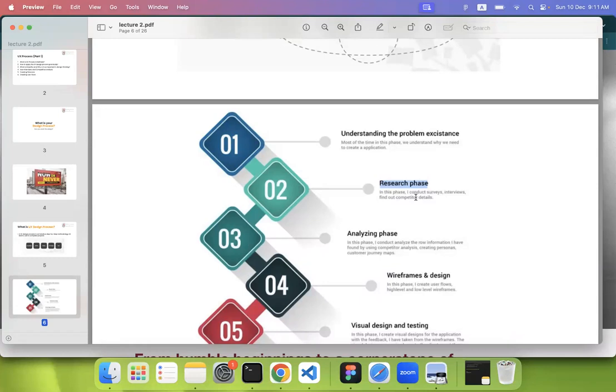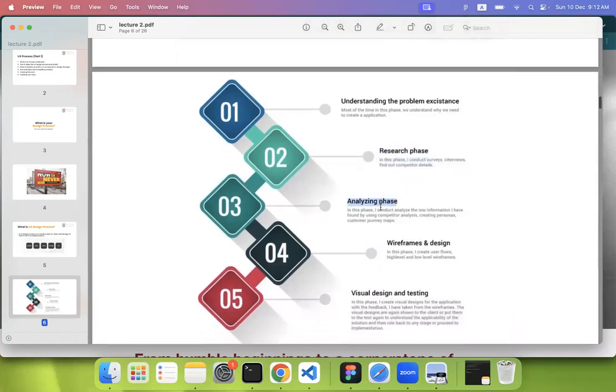The research phase is also really important, because if you do a good thorough research, you will get insights about how users will interact, what the market requirement is, what users require, what other competitors have, and how we can use the good features other competitive applications have in our application. You can easily go to competitors on the Google Play Store or Apple App Store, and if it is a mobile app, you can read their reviews. What are these applications lacking? Why do people like these? Why do people spend their time on these on a regular basis? So you will get a good insight about how to develop your application